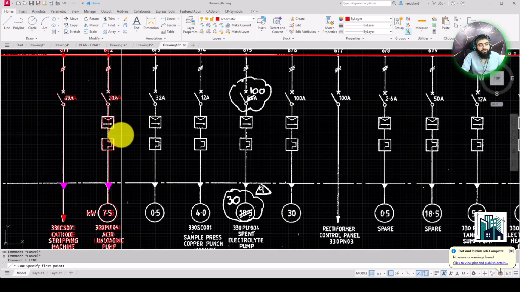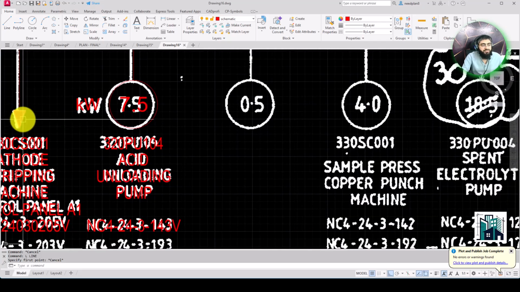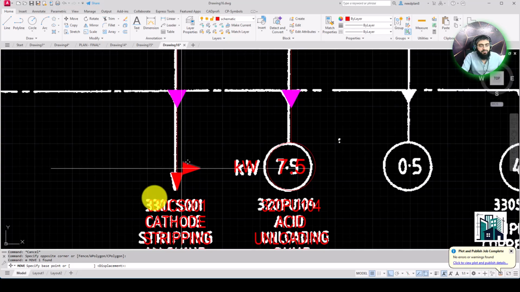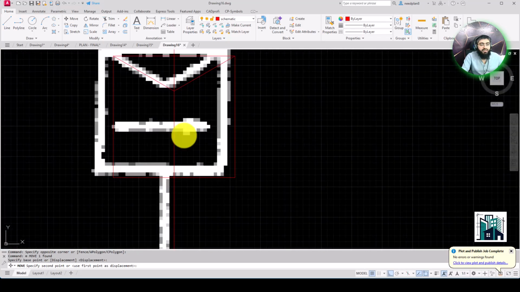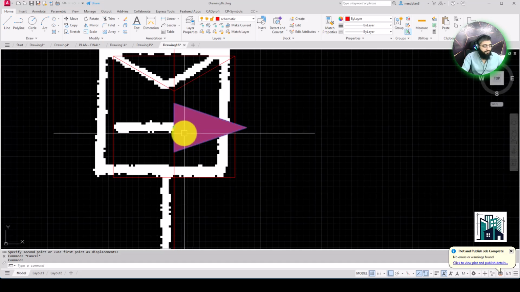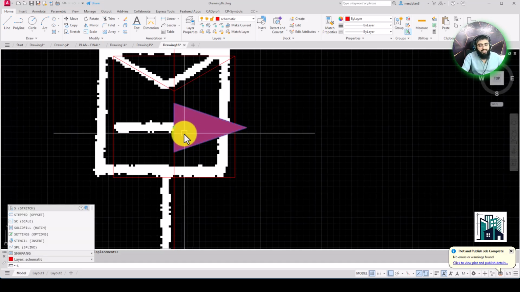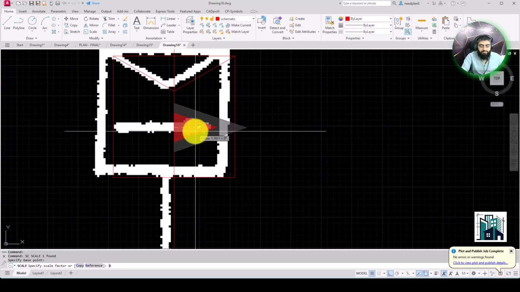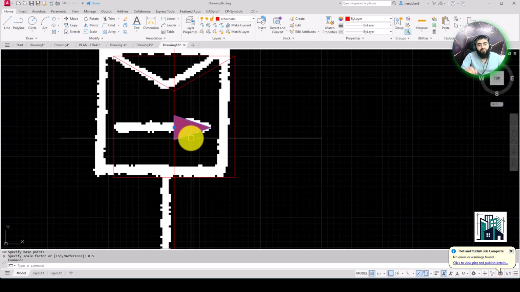And then you want to create this arrow. So how can you create it? I'm going to select this arrow and then rotate this and then move this from here to here. This one is bigger than the one which we have. So select scale, SC, enter, and then click here, and that is going to reduce it. You can make it 0.5. This one is half of what we have.